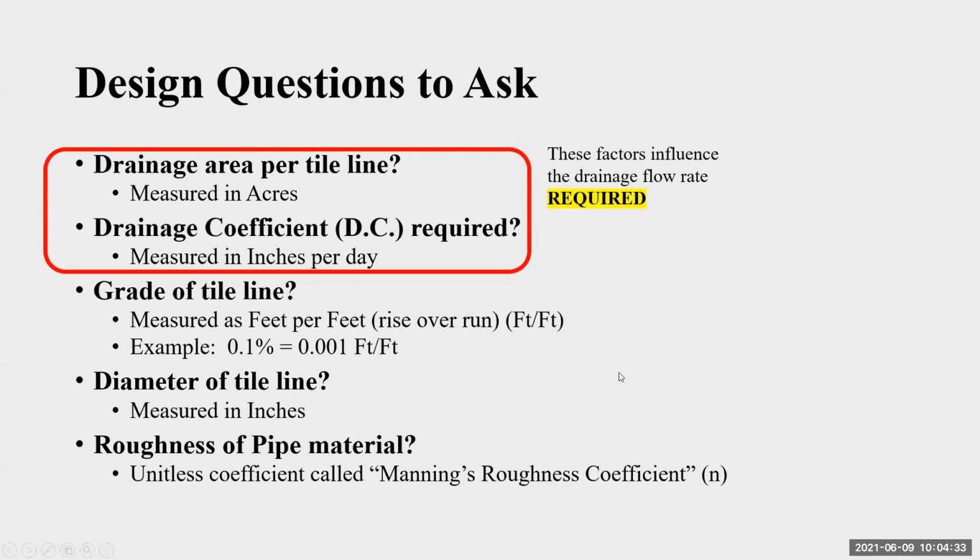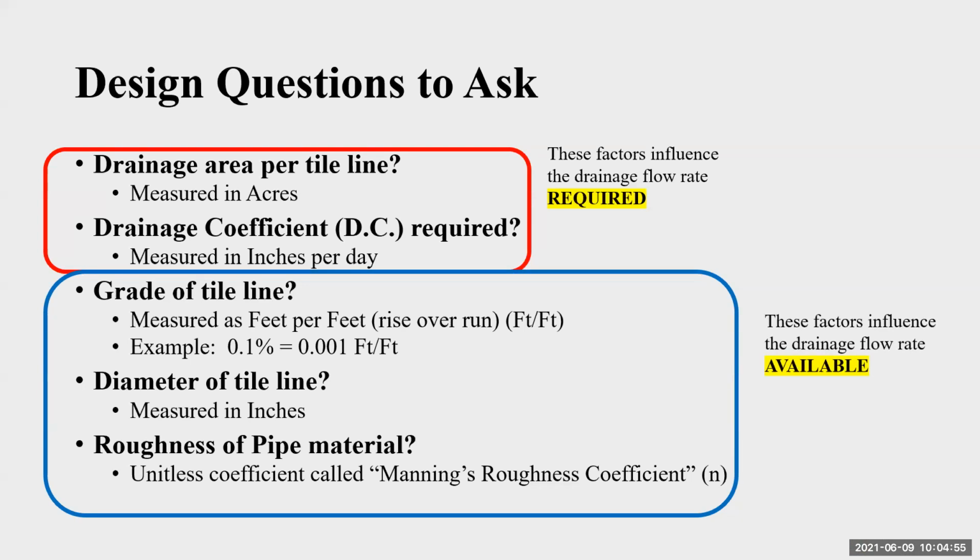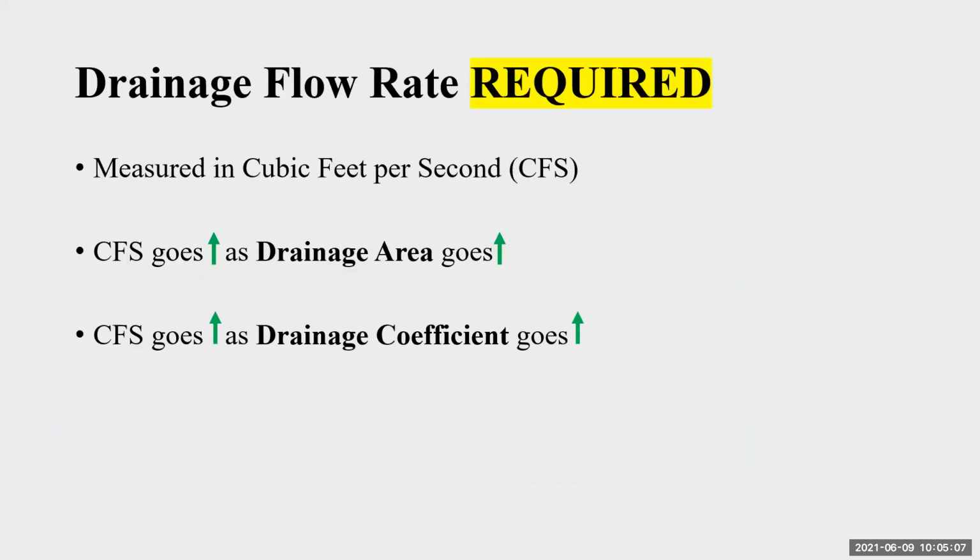The first two factors I mentioned are really the factors that determine the amount of flow that is required for the pipe that you're installing to carry. So it's really the controlling flow. If you're installing a new system, these are the two factors that say, okay, that pipe needs to be able to carry so much CFS. The next three are really the factors that influence the capacity of the pipe. So all three of these influence how much CFS or total flow rate that pipe can really handle out there.